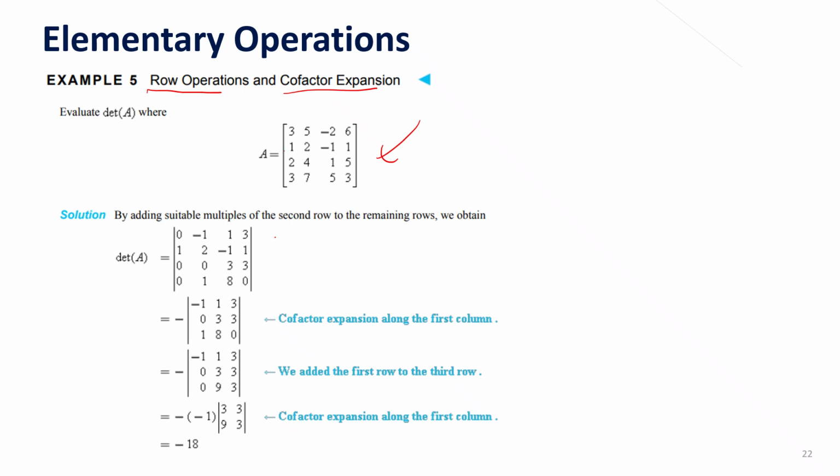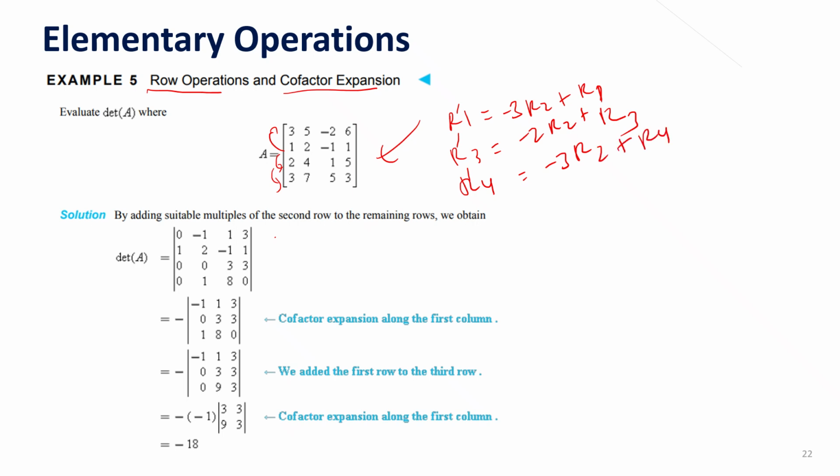For this one you can do multiplications so that the new row 1 equals minus 3 row 2 plus row 1. The new row 3 equals minus 2 row 2 plus row 3. And the new row 4 is minus 3 row 2 plus row 4. Basically you try to make these entries 0. Then it turns out you get this matrix. Because this operation doesn't change the determinant,